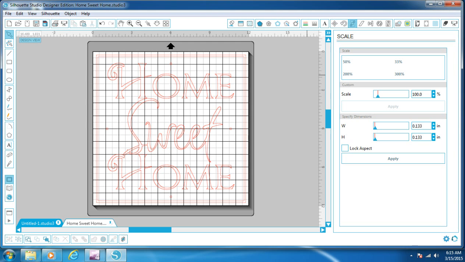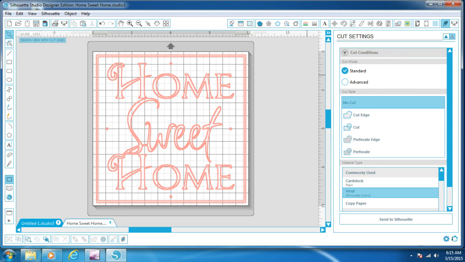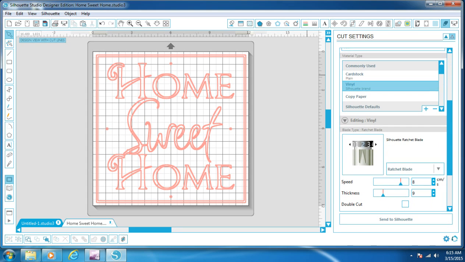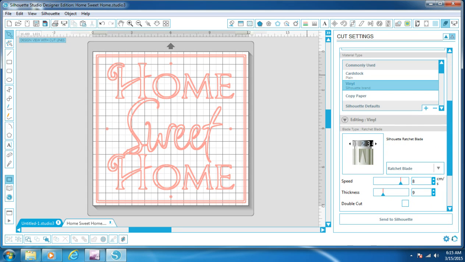So now I'm going to go over here and select my settings. I always use regular vinyl settings right here, just regular vinyl, and I send it to the Silhouette that way. Put my blade on 2 and it should be good. The vinyl I use is Oracle 651 and it's matte black. So I'm going to come back in the second part of the video and show you after I get this cut out and weeded, and then I'll